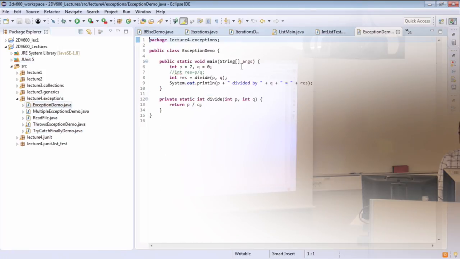So if we go here, we have a simple class where we have just a main method and a divide method, which simply takes two input values and returns the result. We have two values, 7 and 0, and here we are not handling these kinds of exceptions, so there is no error here. There is no syntax error. But if we try to run this program,